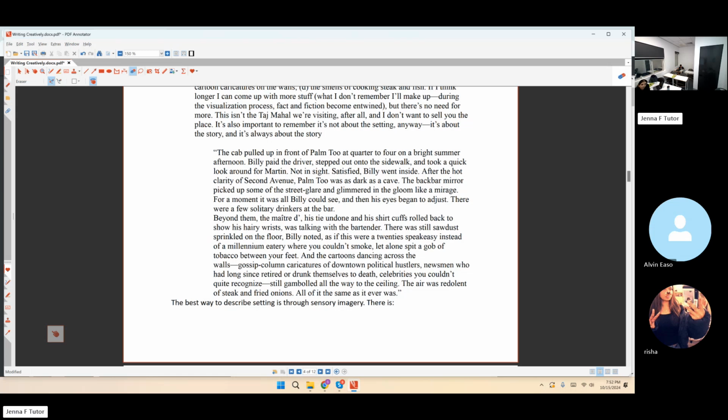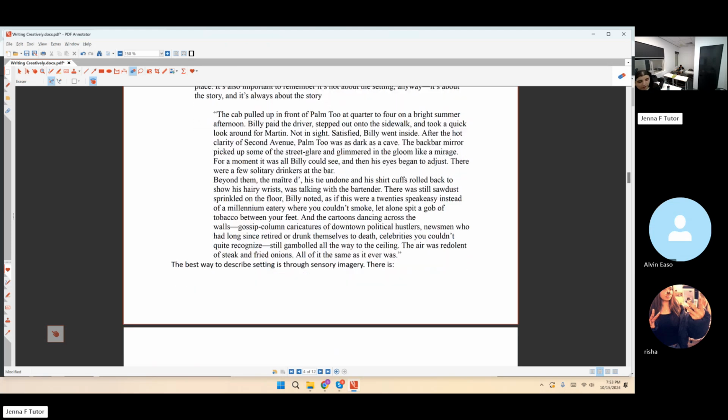And the cartoons dancing across the walls, gossip column caricatures of downtown political hustlers, newsmen who had long since retired or drunk themselves to death, celebrities you couldn't quite recognize, were still gabbled all the way to the ceiling. The air was redolent of steak and fried onions. All of it the same as it ever was.